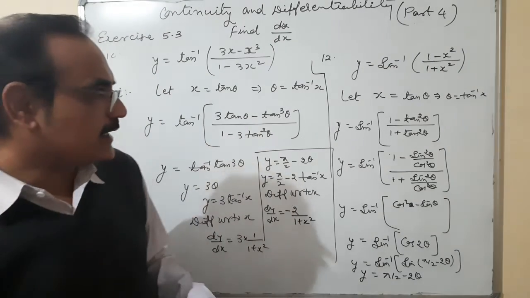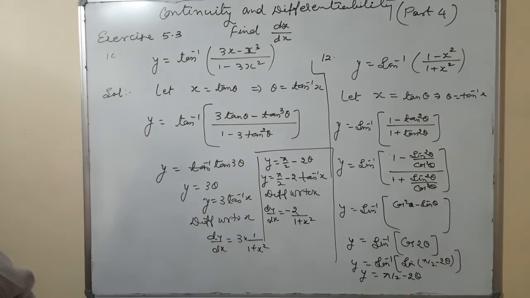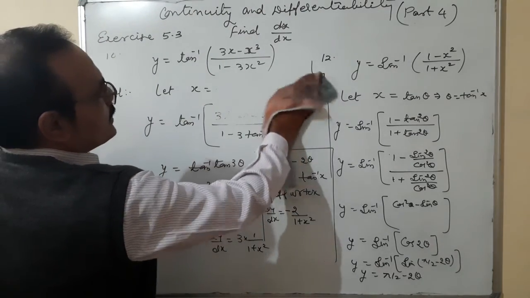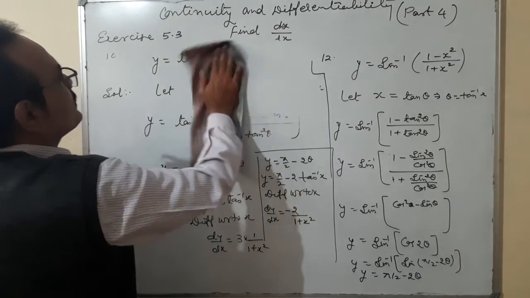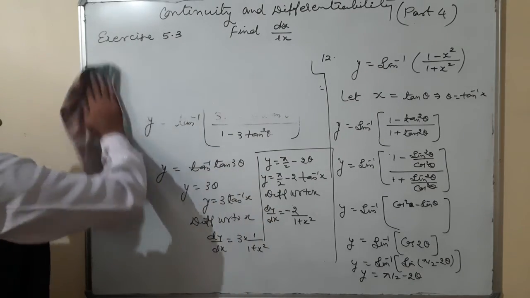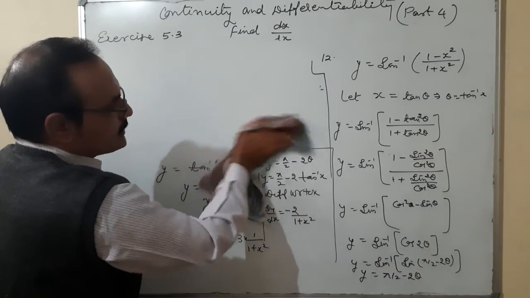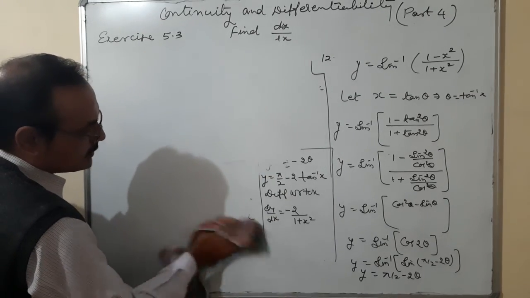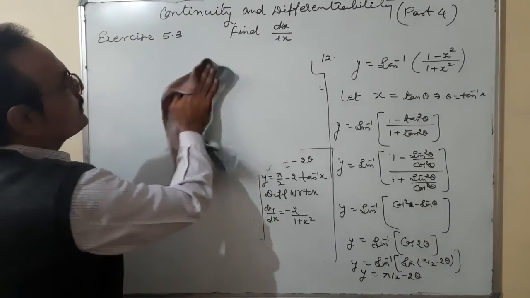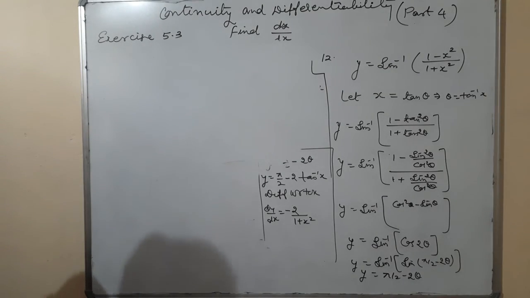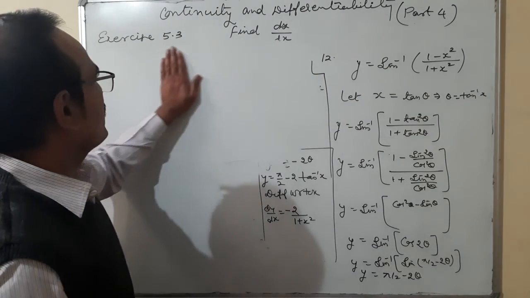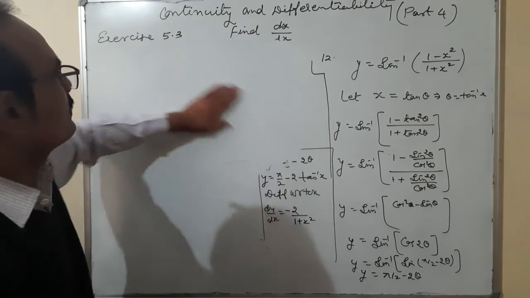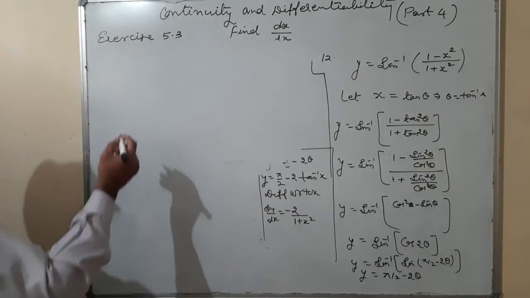And the second procedure which I told you, I am solving the same question by the second procedure, so that if you don't know how to put the value, you can directly use it. But this method is not very simple, a lot of calculation is there, but you are getting the answer with the help of this method. The same question I am solving using the second method.